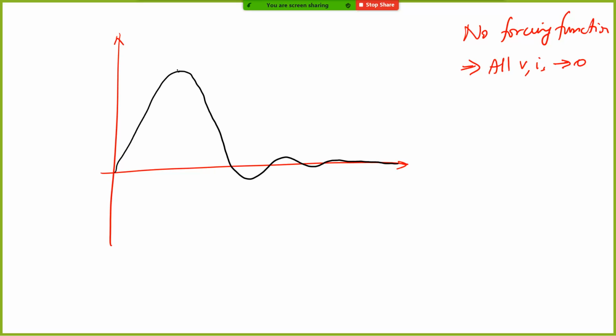If this is some voltage, this is your Vmax, and you take 1% of Vmax here, 0.01 times Vm, and this is how you find out the settling time. But this is when you don't have any forcing functions. But in the presence of forcing functions,